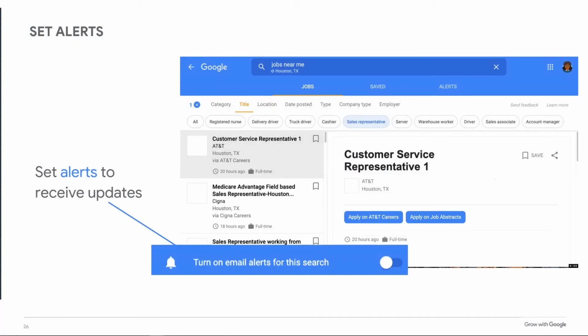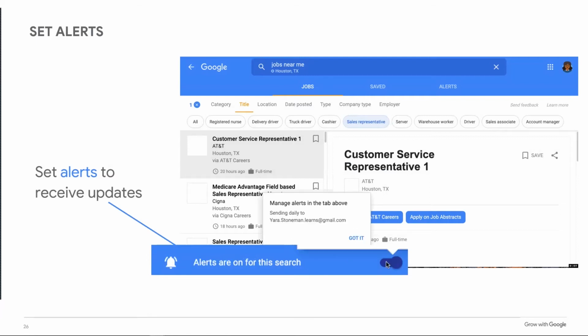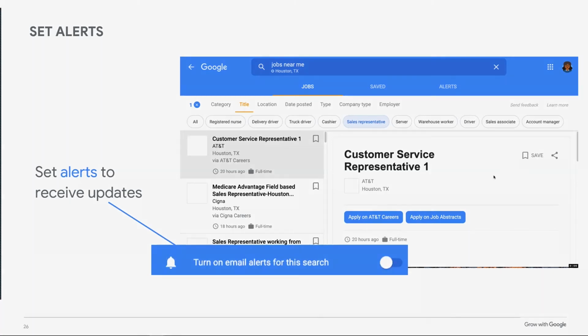Okay, you also can set alerts up based on your search. So if you did a search, for example, for a customer service representative, and you liked what was coming up, you can set the alert search button on, and it'll send alerts to your Gmail account when new jobs are posted, so that you get daily, weekly, whatever you set that up for, alerts saying, hey, there's new job postings, check these out. And it'll give you the list of the new job postings, because you've already set up those search parameters. There's no reason to go in and set the parameters again. You can also go in and turn those off when you have found the jobs that you would like.